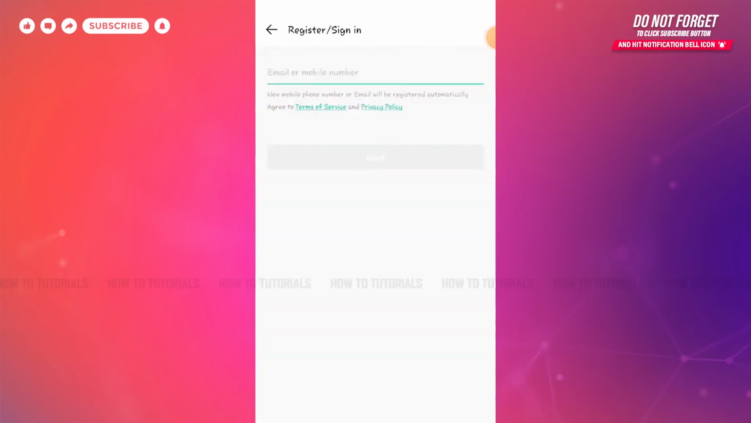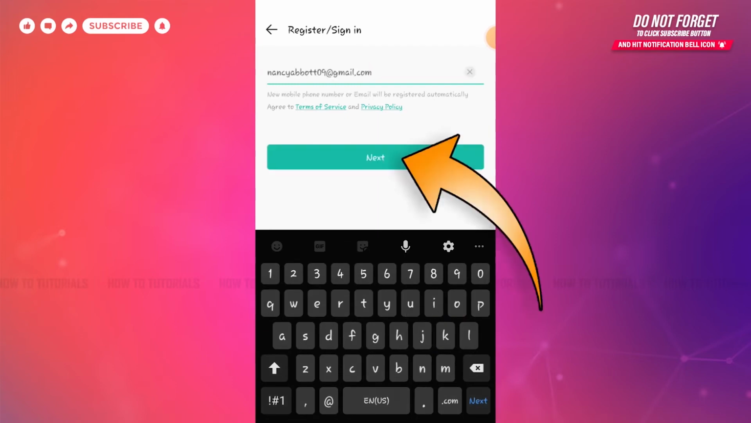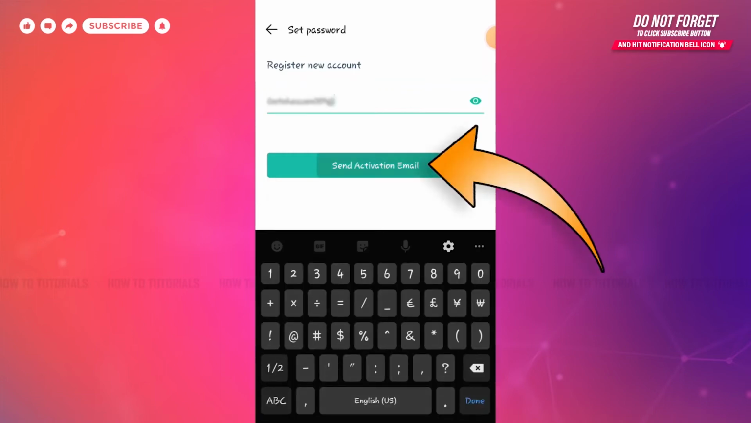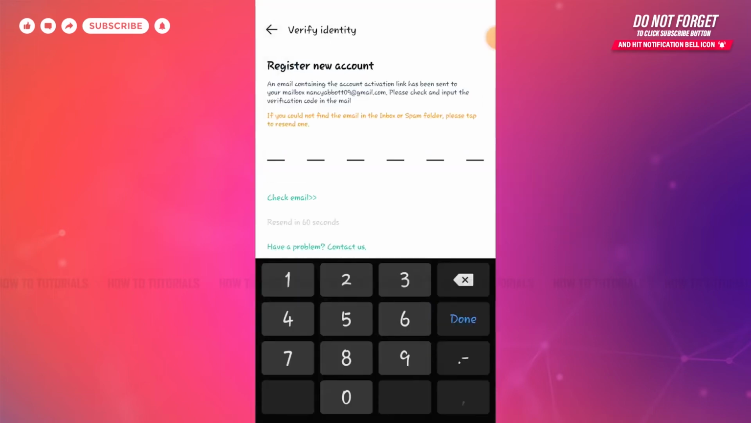To get registered into CamScanner, first of all you need to either provide your email address or mobile number. As I'm going to provide my email address, tap on next. Now here you need to provide a password for the CamScanner account. Then you need to tap on send activation email, where CamScanner will send a verification code to your provided email